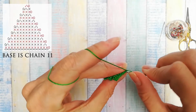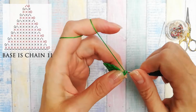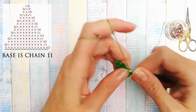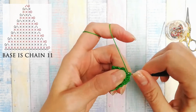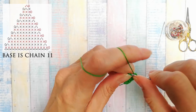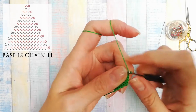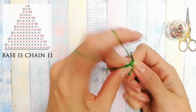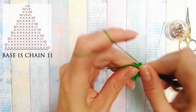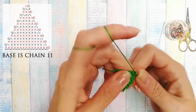Now the next row again, it's gonna be a row of decreases. Chain 1 to go up into the next row and make a decrease, back loops only, 3 single crochets. So that's 1, 2, 3, and another decrease, back loops only. Now the next row is 5 single crochets, so that's 1, 2, 3, 4,